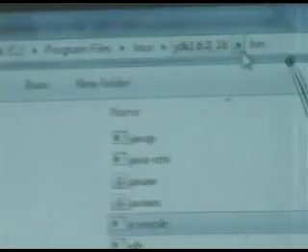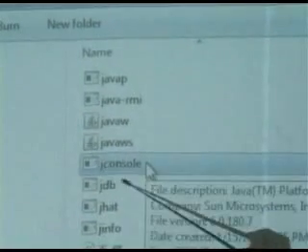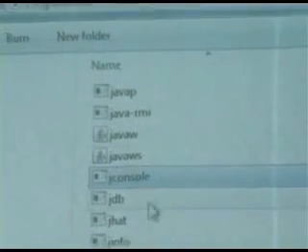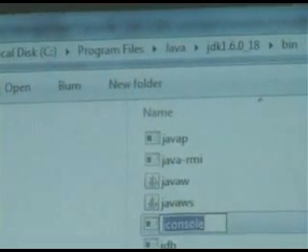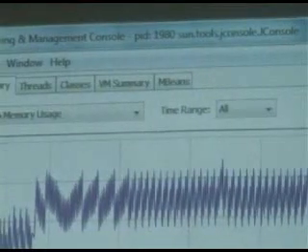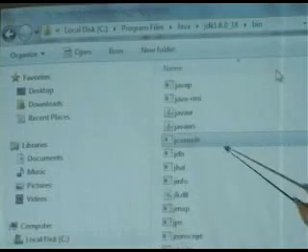Here in your C program files, Java, JDK, where you will have bin. In this bin, there is one application called JConsole. Just click on that application. Now click on JConsole.